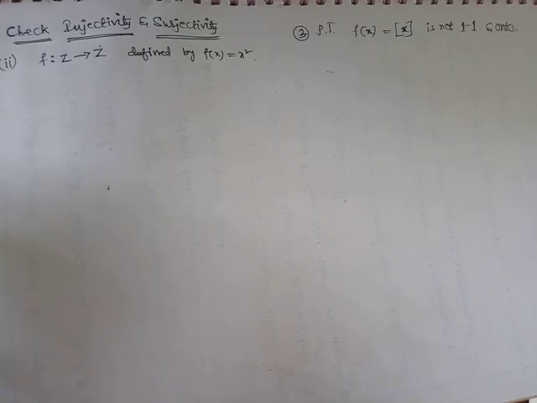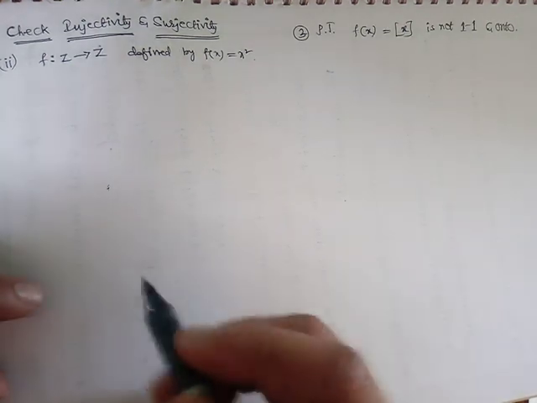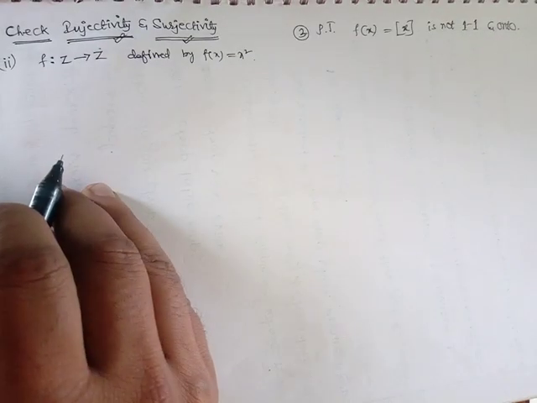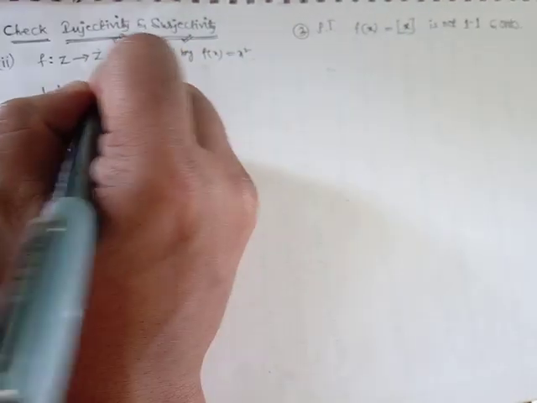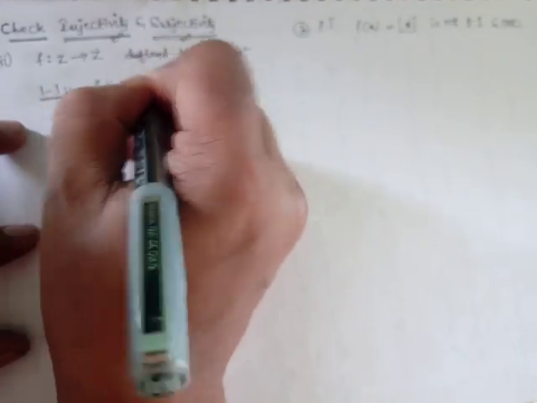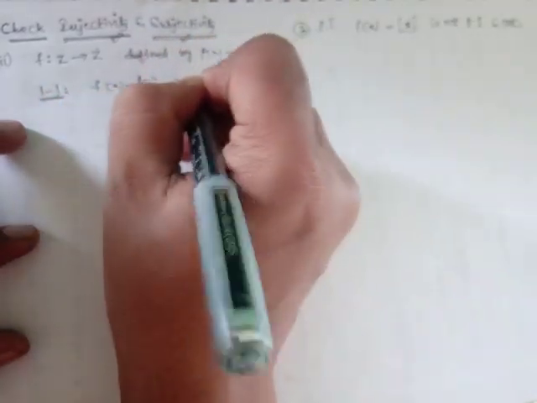Okay, coming to the next question. f is a mapping from Z to Z defined by f(x) = x². Checking the injectivity and surjectivity conditions. So see here, f is a mapping from Z to Z, and first, one-one: f(x) = f(y). This implies x² = y²,